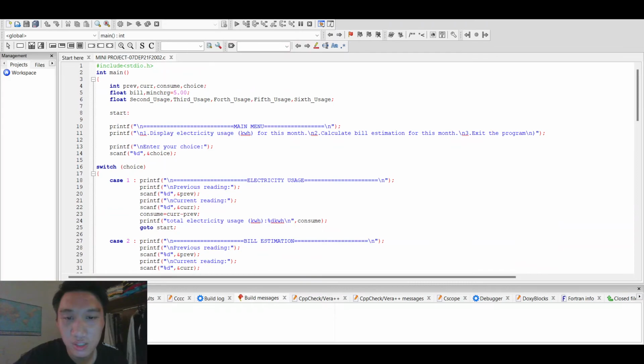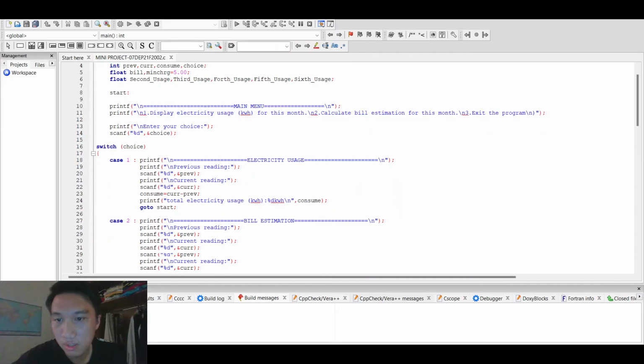And so this is the output. If we choose number 1, we get the previous reading, which is the previous reading will be